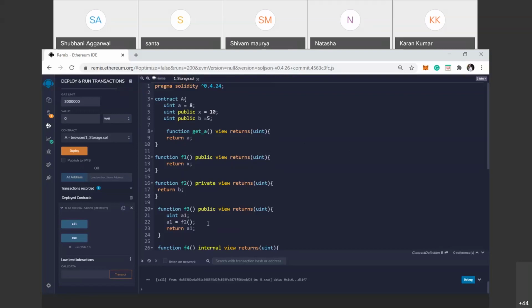By using these data types, structures, enums, mappings, state variables, functions, and constructors, you can build your own smart contract for any application. If you have any doubt in these basic data types, then you can tell me.